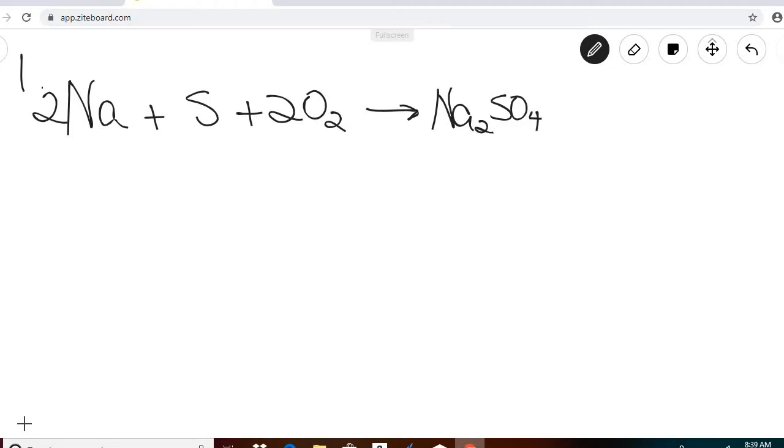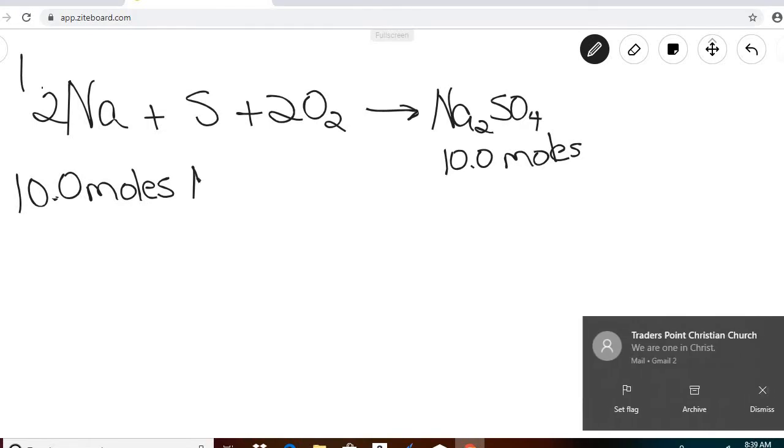Okay, and then the question says that we want to make 10.0 moles of sodium sulfate, and then the 3 parts are how many moles of sodium would you need, how many moles of sulfur would you need, and how many moles of oxygen would you need. So we'll just take those one at a time. Because this Na2SO4 is already in moles, we can go right into using stoichiometry and just looking at the ratio. So we want to make 10 moles of Na2SO4,